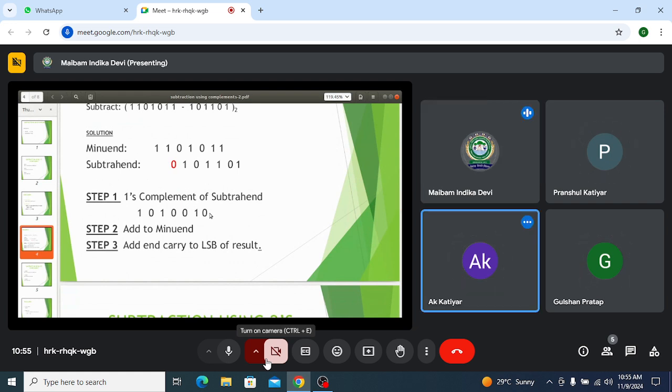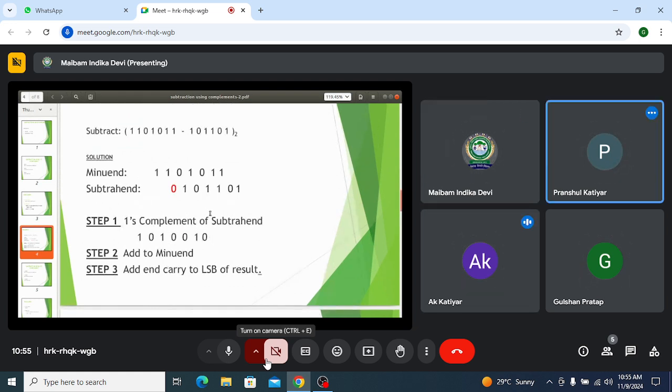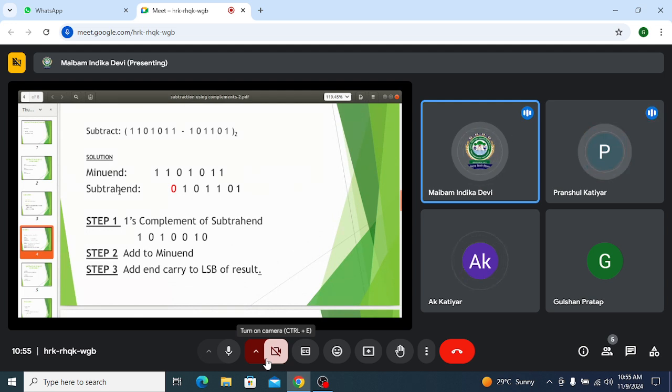When you check the minuend and subtrahend, you count the number of digits. Here you have 1, 2, 3, 4, 5, 6, 7 already given. Now in the case of the subtrahend, how many digits do you have? 1, 2, 3, 4, 5, 6. Right. So one has 7 digits, one has 6 digits. You first have to make the number of digits the same. So you are short by one digit in the case of the subtrahend, right? So you need to put a 0. This 0 you should put on the left-hand side, the leftmost side. Clear?